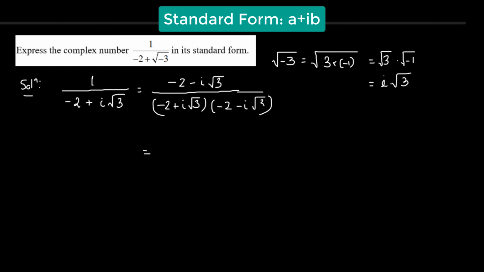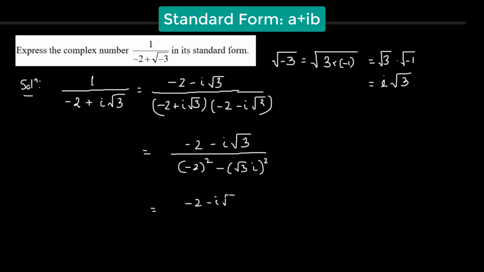So we have -2 minus i root 3 in the numerator divided by -2 whole squared minus square root of 3 times i squared. So that should give us -2 minus i square root of 3 divided by -2 squared is 4. Then square root of 3 whole squared is 3 and i squared. So we have -3i squared,